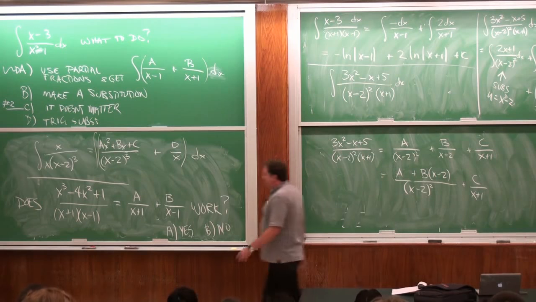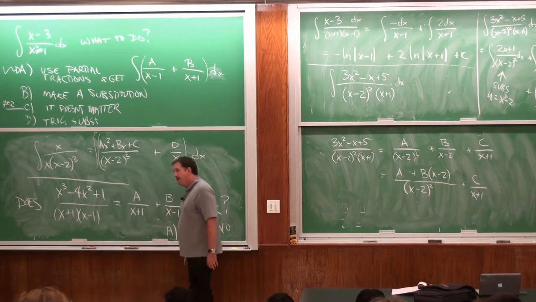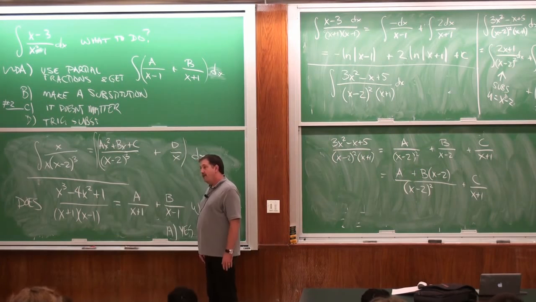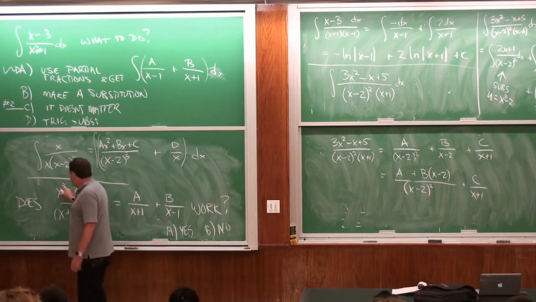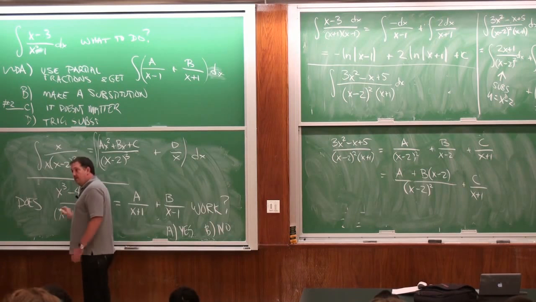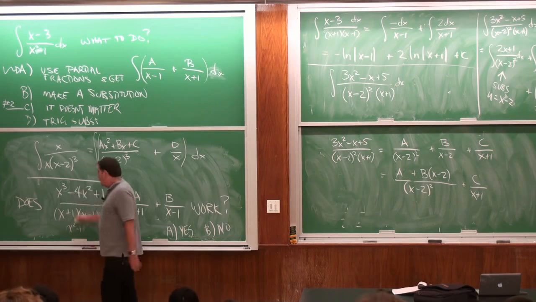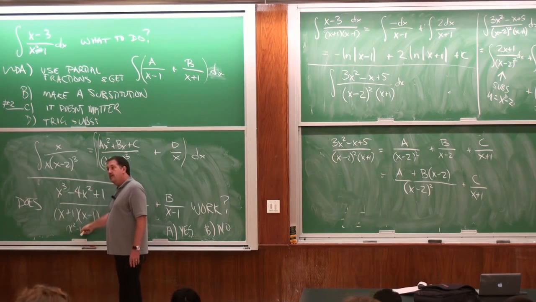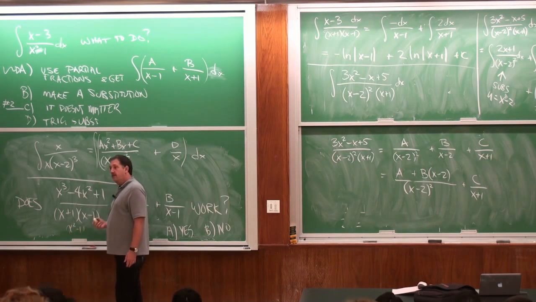It does come from the denominator. I mean, I can't start with partial fractions. I do something first. So the problem here is that the power here is 3, and the power here is 2. If you prefer, I could write this as x squared minus 1. The power here is 3, and the power here is 2. Partial fractions is not going to work. I have to clean it up a little first.